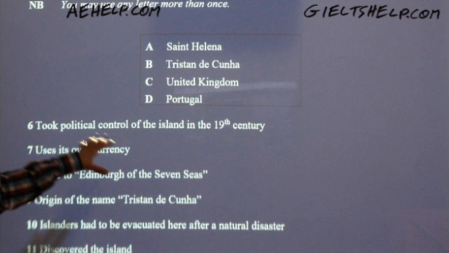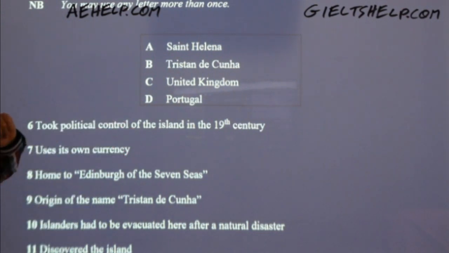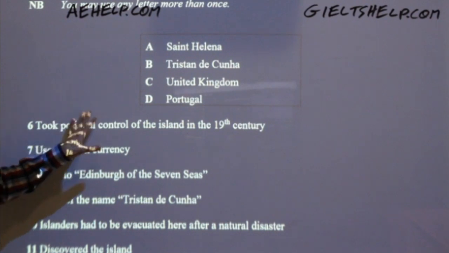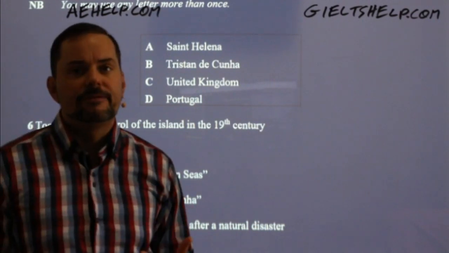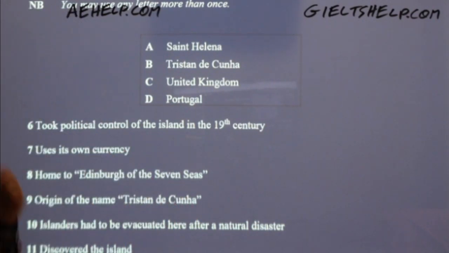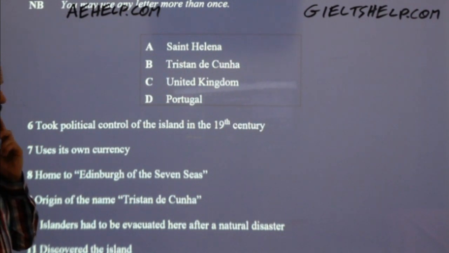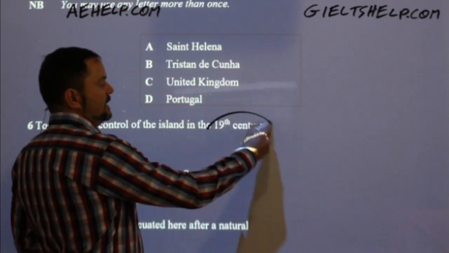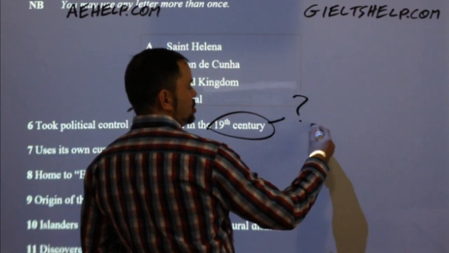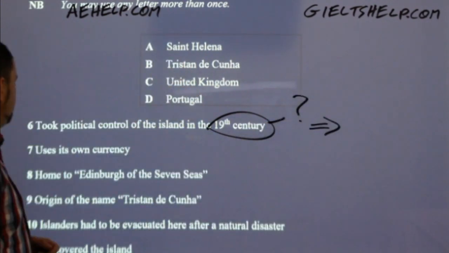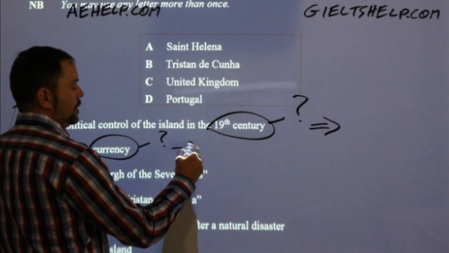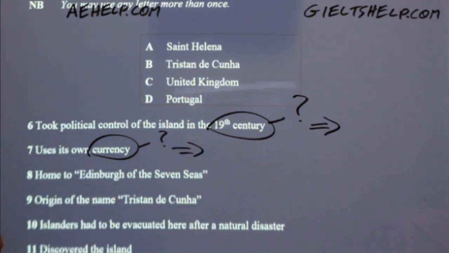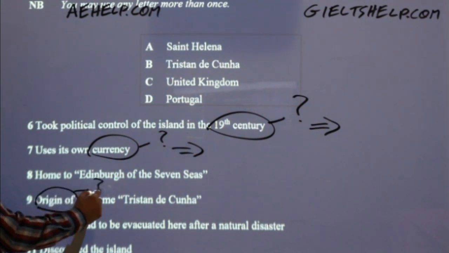When you're reading these kinds of statements that you know are in the passage, you should realize that these are likely paraphrased. So as you read these, reflect on the paraphrasing. Okay, reflect on the paraphrasing. What I mean by that is think of, right away, what other words might be used in the passage. So instead of 19th century, what might you see in the passage? Okay. Instead of currency, what other word might you see in the passage? Instead of origin of, what other word might you see in the passage?